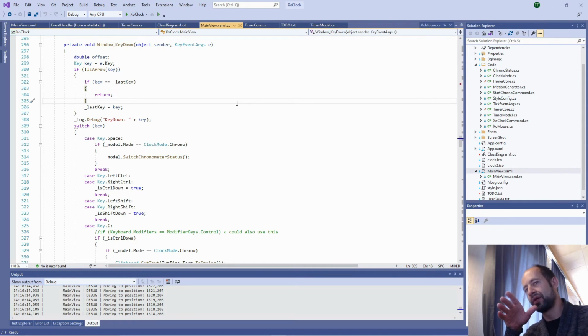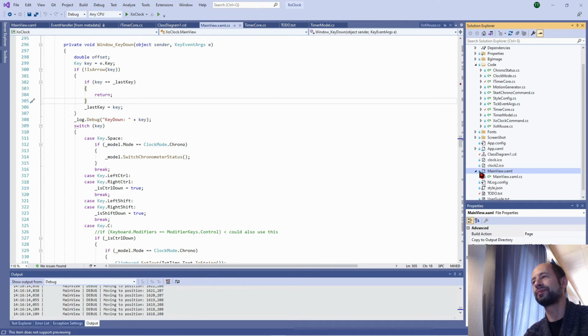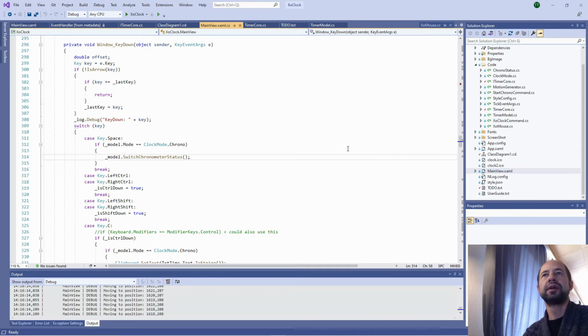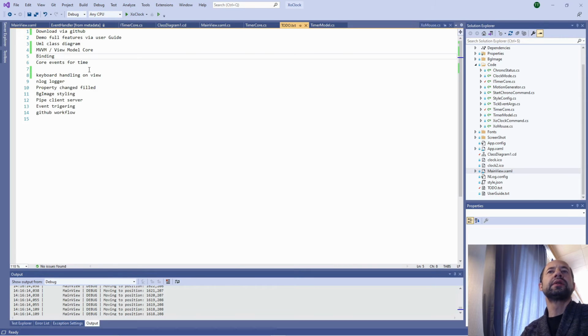In other words, some business code which is handling the timer is inside the timer model or in the timer core, and some specific code which is directly focusing the UI is still in the code behind of the main view XAML file. So we have seen the keyboard handling on the view.